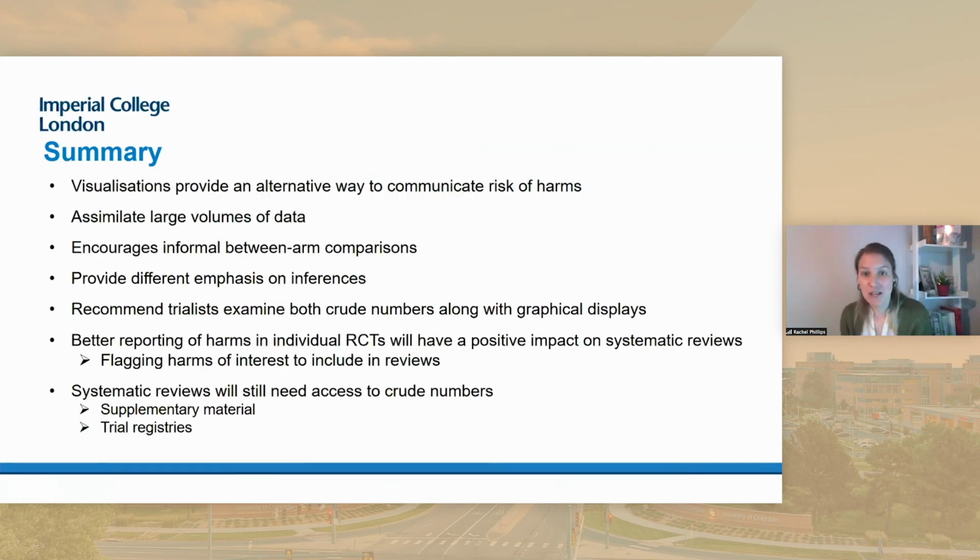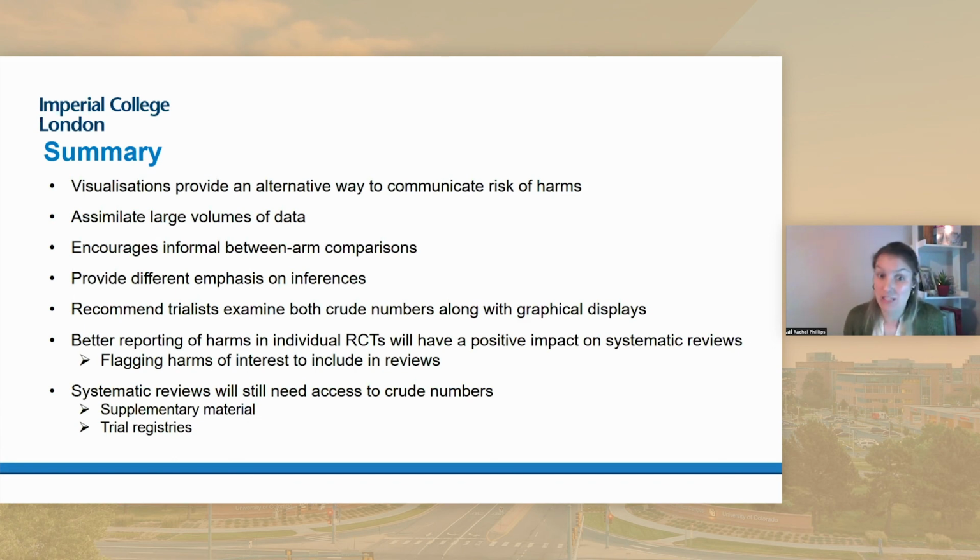So I hope I've demonstrated how visual displays can provide an alternative way to communicate risk of harm compared to traditional frequency tables, and that they allow you to assimilate quite large volumes of data whilst encouraging an informal between-arm comparison. But I also hope it's clear that assessments of adverse event data in a review of a table or each of these different plots can provide a different emphasis, and that researchers still need to examine crude numbers alongside graphical displays. And I hope ultimately that better reporting of harms in individual RCTs will have a positive impact on